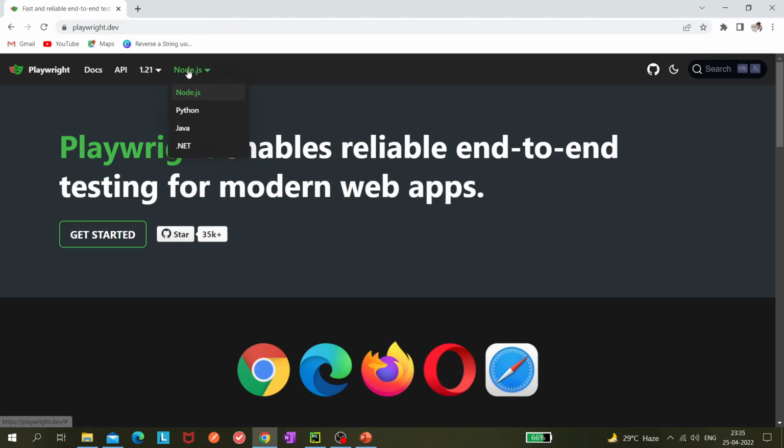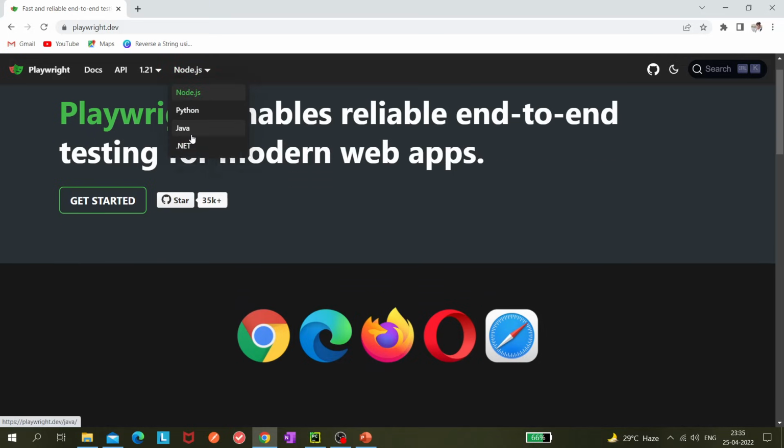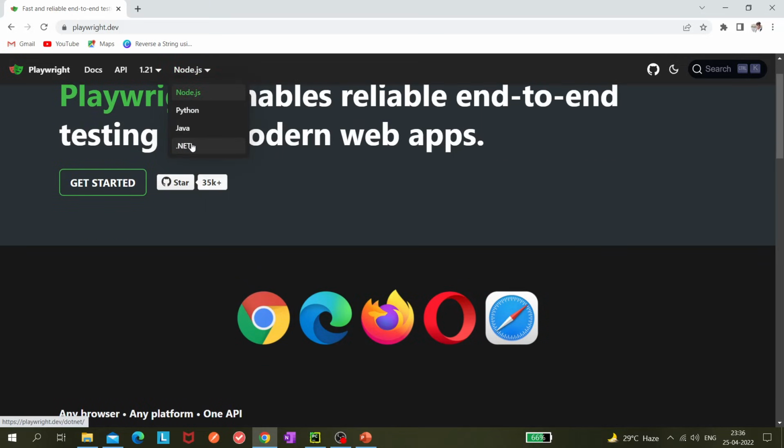So basically, this tool is built on Node packages. I mean, it's on JavaScript, but we can use different languages, right? Node.js, Python, Java, .NET. These four are currently supported, and we'll be exploring this tool with the Python language. Okay, so